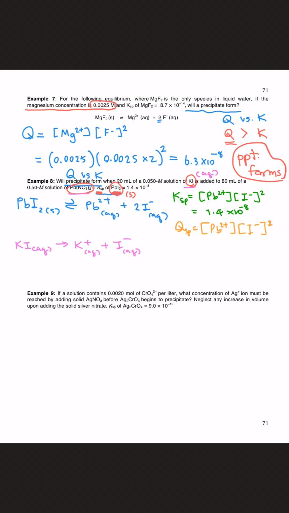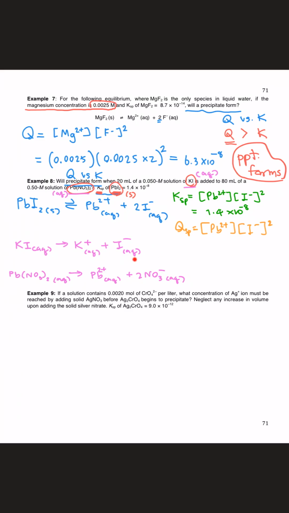Same thing for lead nitrate as well. The ionic compound that contains the nitrate ions would be a soluble ionic compound. Therefore, the lead nitrate would be a soluble ionic compound, which means that it's going to completely dissociate. And if you look at the dissolution of potassium iodide and lead nitrate, you will see that these two equations